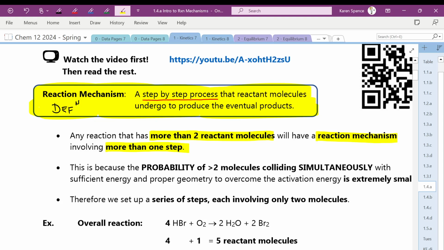They won't just bump into each other. So what will actually happen is you'll have these 2 guys bump into each other, and they'll be like, oh, I'm going to form that. Oh, here we go. I can do that. There. Oh, we got that. And now we'll have the 3rd thing then collide with this one. And then do, you know what I mean? Like they'll eventually get to products. We'll do it with something a little less unwieldy than pens. Okay, we'll just do it with some diagrams and stuff here. Okay, and that is because the probability of more than 2